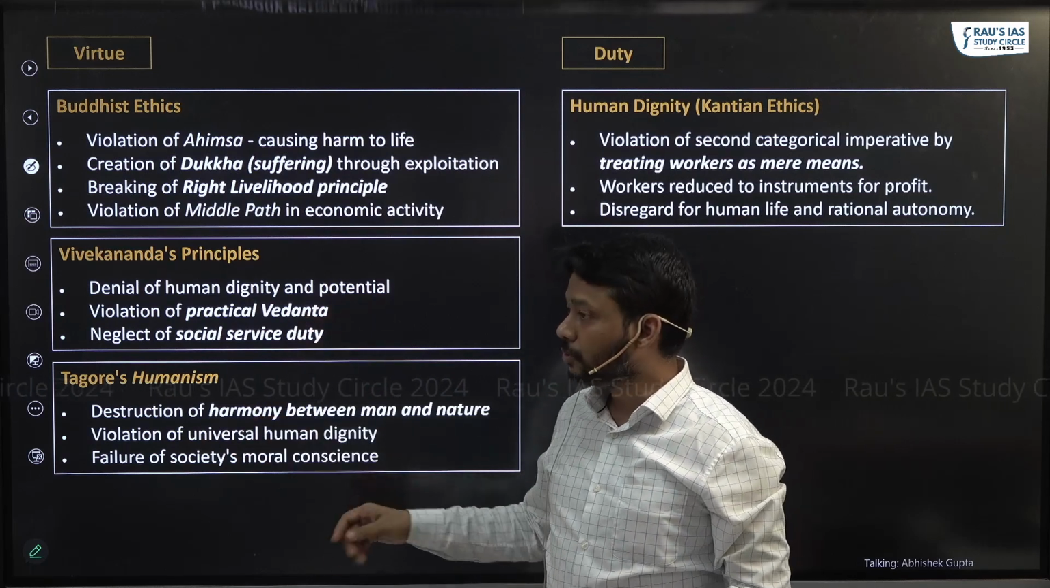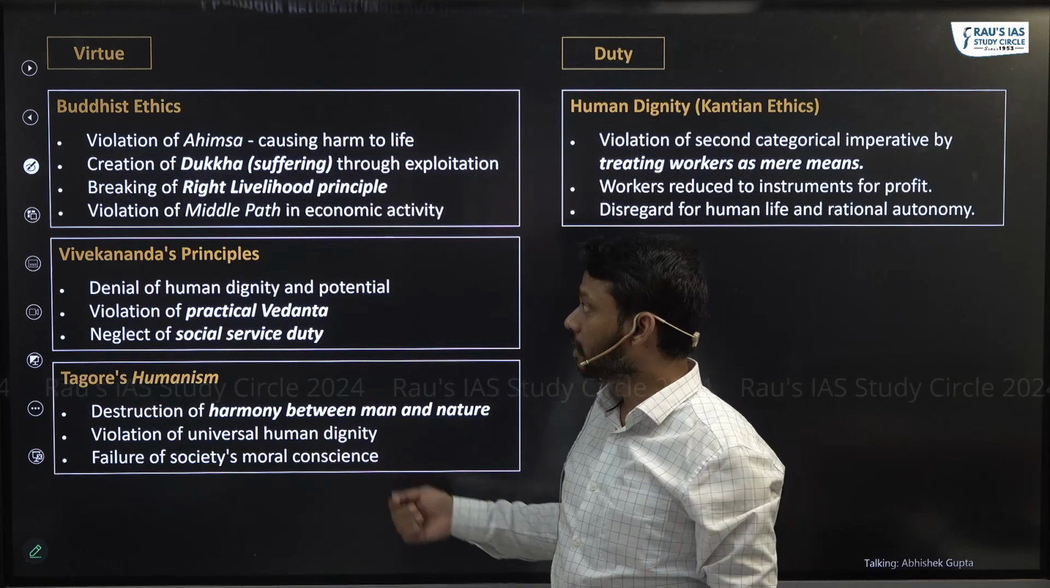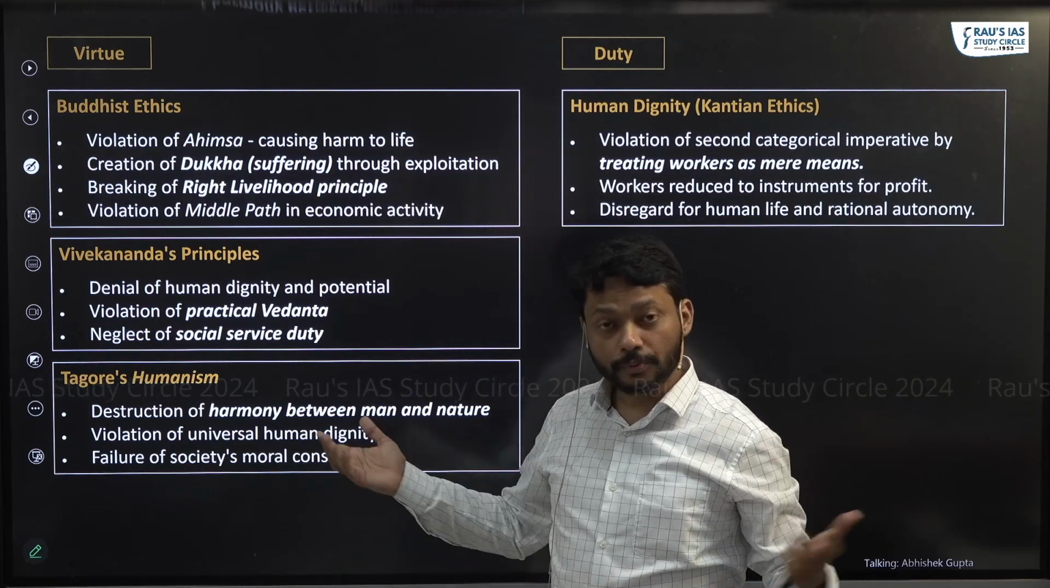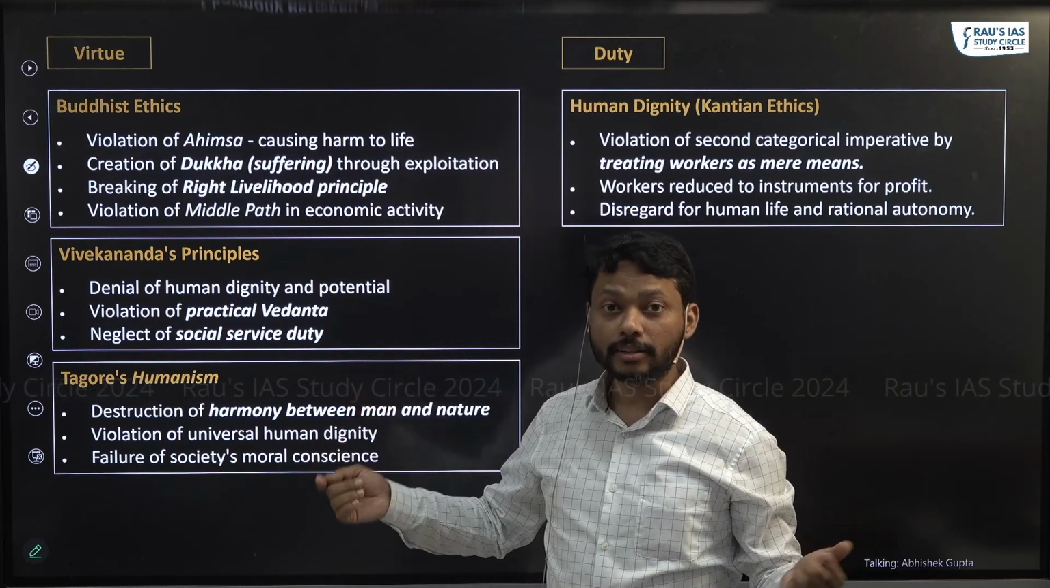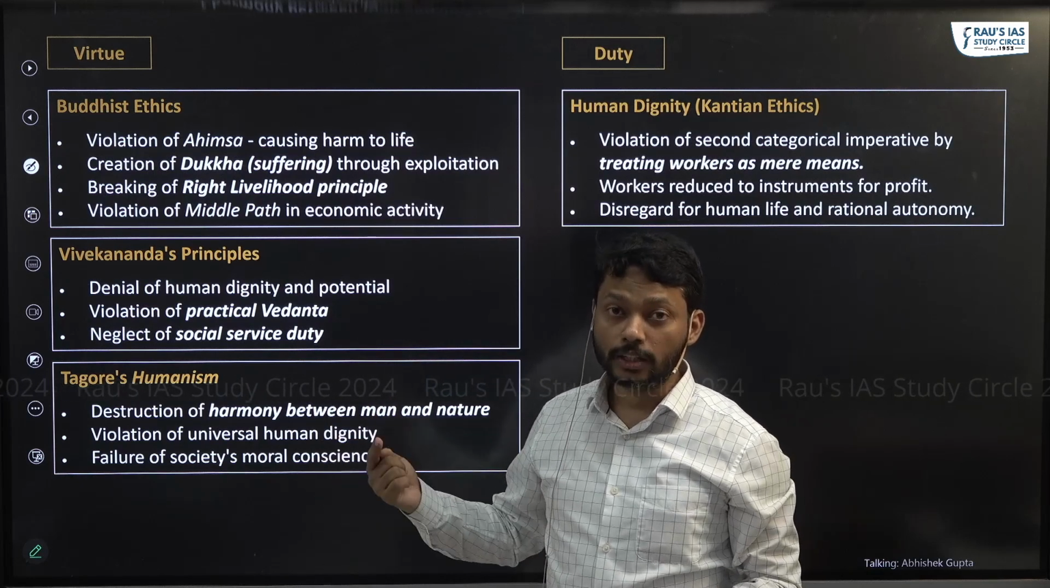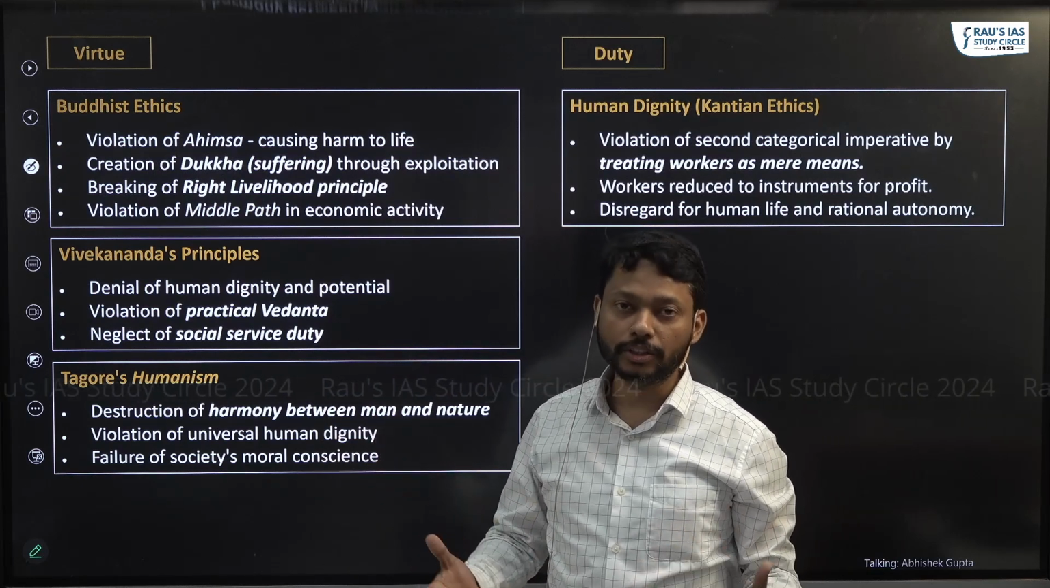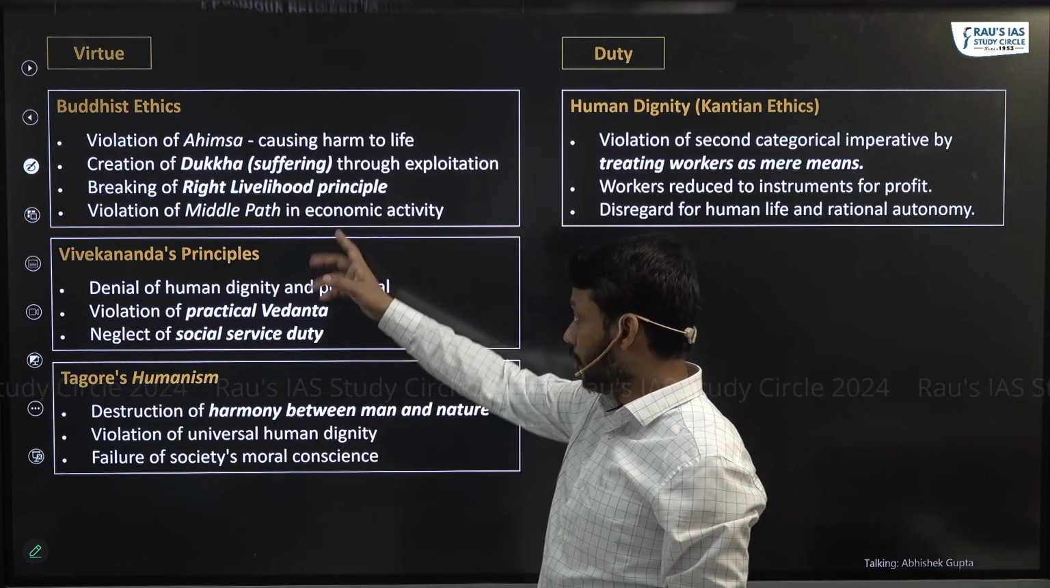We can talk of virtues from various perspectives. I'm taking some Indian philosophy for the virtue approach. In the syllabus, you have thinkers and philosophers from India and the world. So when you write an answer, you should have a mix of both Indian philosophy and Western philosophy. If you go by Buddhist ethics,